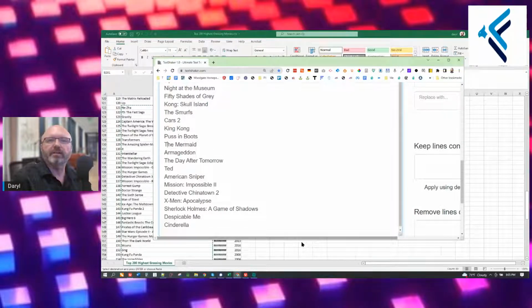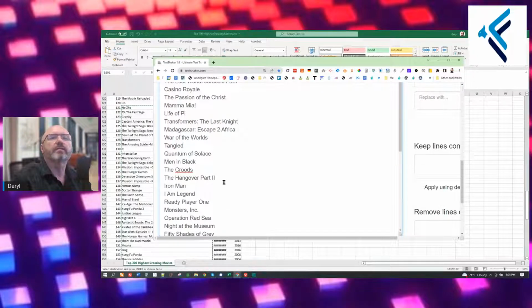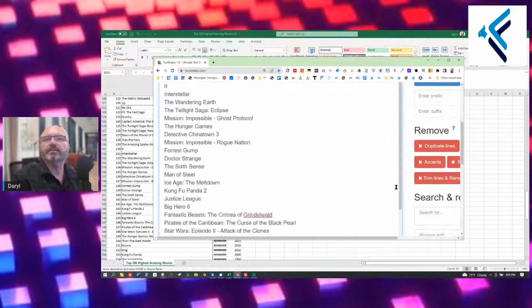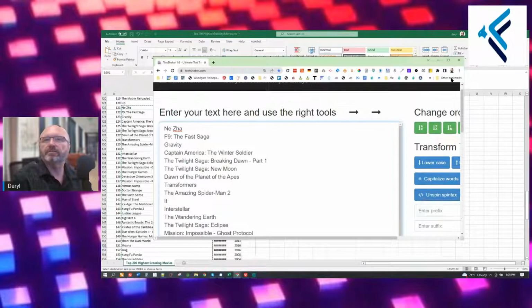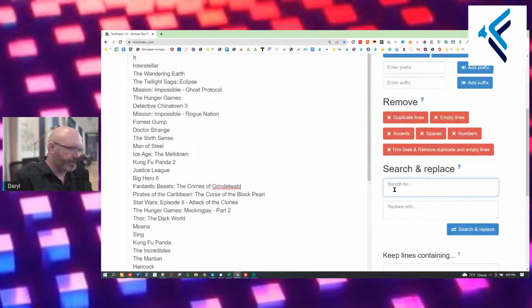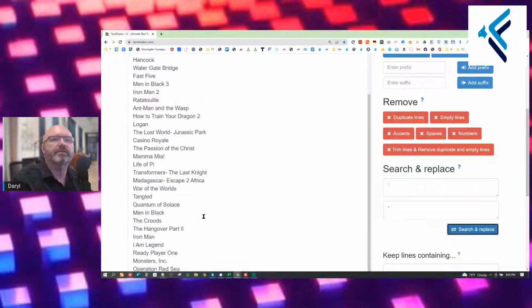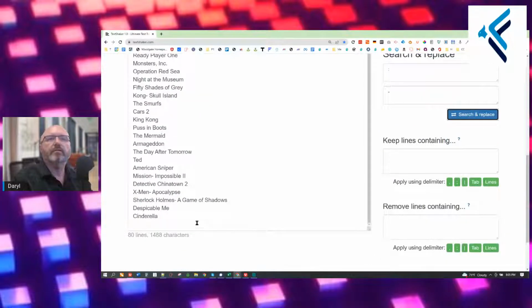Now, some of these movies are going to have like colons and weird symbols. So you're just looking here. There's a colon. All right. So the first thing I want to do is turn the colons. I'm going to go in here and search for colons, and I'm going to make it a dash. All right. And so now that's been done. I'm just looking around for any kind of weird punctuation that's going to mess up the URL. All right. Not a big deal.